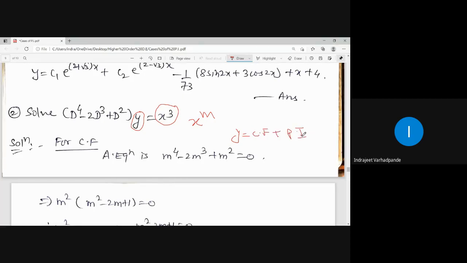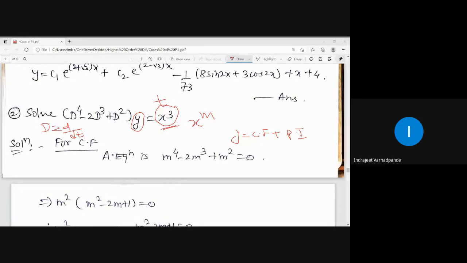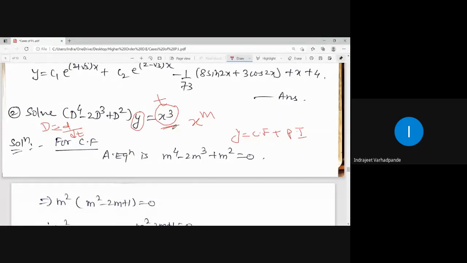And why do I take the differential operator as d by dx? Because the RHS of the given differential equation is in the variable x. If it had been in the variable t, our differential operator D would not be d by dx, it would be d by dt, and we would write the complementary function also in terms of t. So the proper choice of the variable depends on how the question is provided to us. Accordingly, here also case number 3 is applicable, wherein the RHS of the given differential equation is in the form x to the power n.